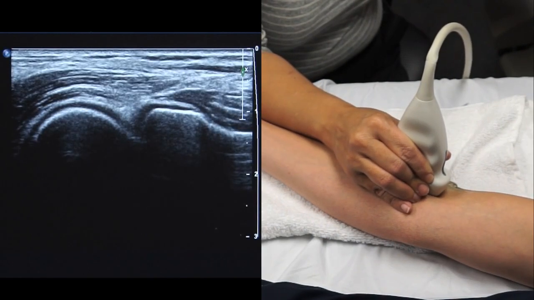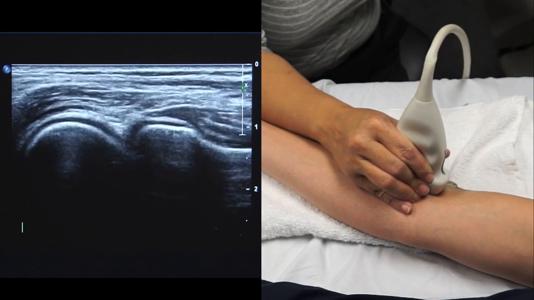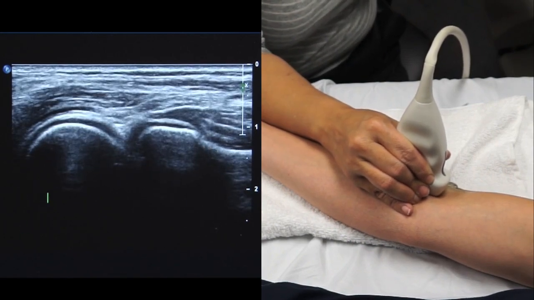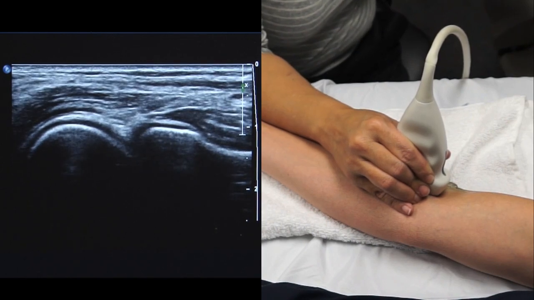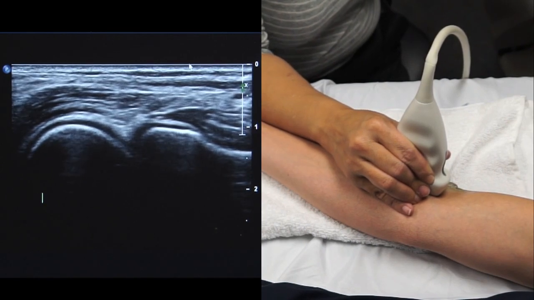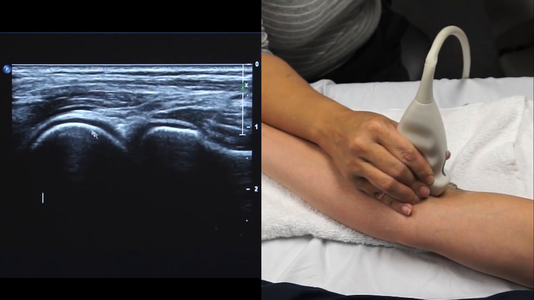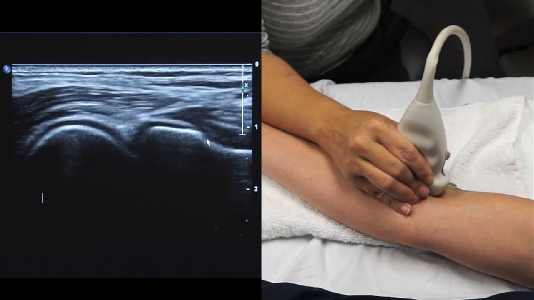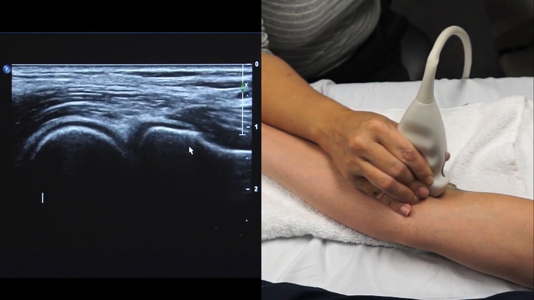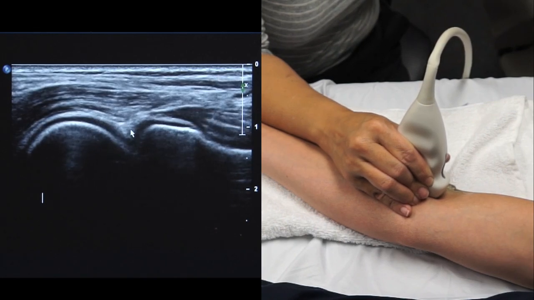Okay. Now you're going to look for the bony landmarks of the humeroradial joint or the radiocapitellar joint. Adjust the gain. Okay, so here you're going to see the capitellum and the characteristically squared off radial head, the neck with the annular recess. Also, there is a triangular echogenic or hyperechoic structure at the joint, which is the meniscal